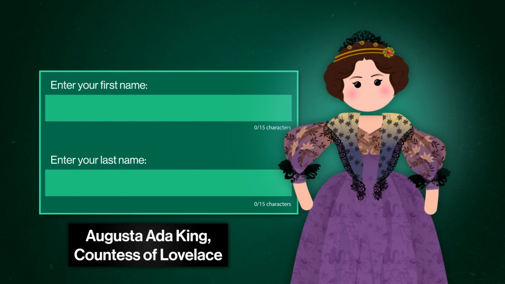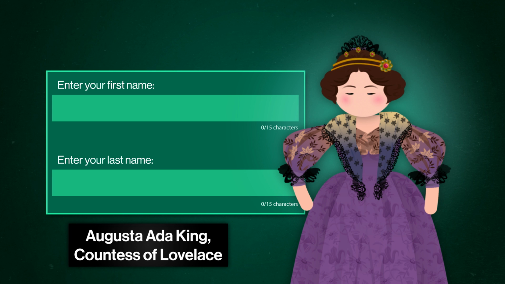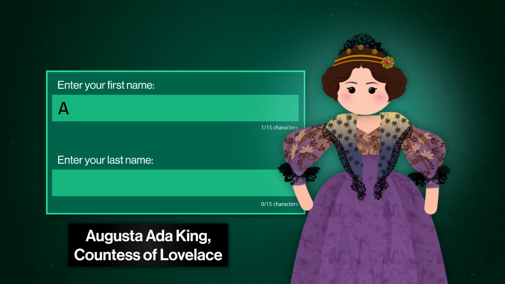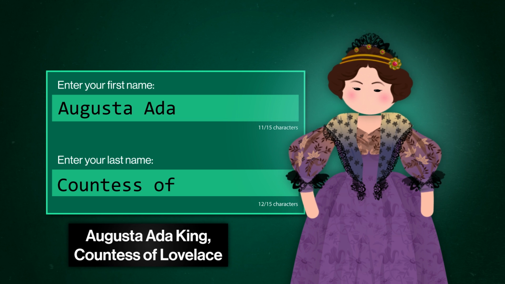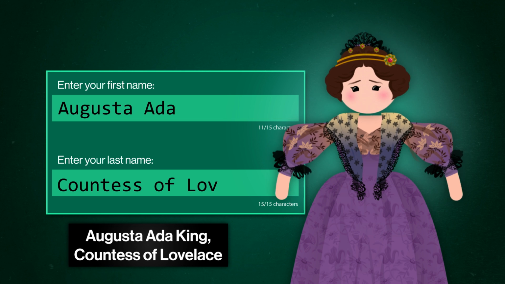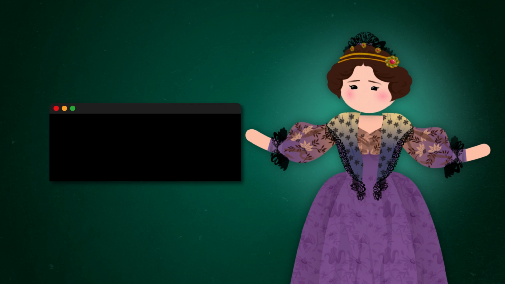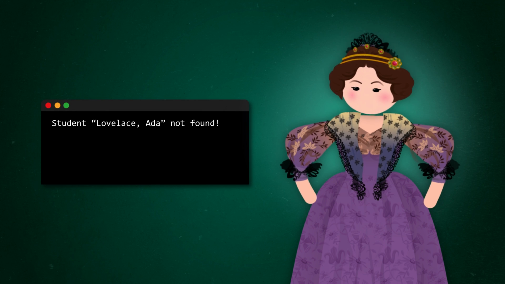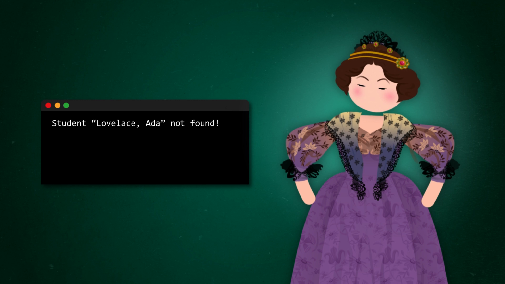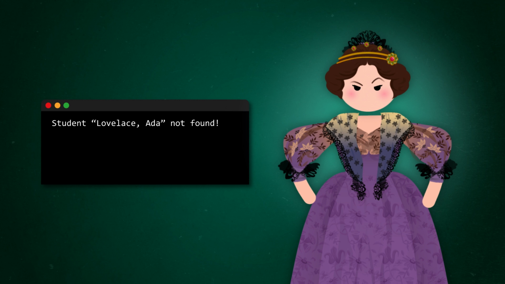If the only blank she had to fill in were first name and last name while registering for classes, she could have struggled to enter her name into the system. Maybe she included one or more of her middle names with her first name, or she couldn't fit her whole title because the blank had a character limit. If there's not an exact match between her email signature and her name in our list of students, our program might say that she's not enrolled. Our attempt to implement this algorithm would fail.